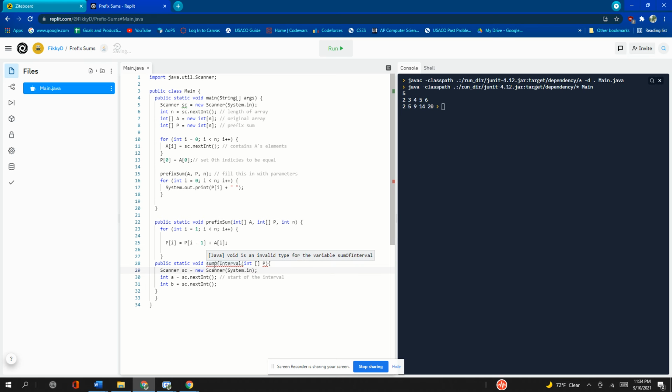Why is void invalid for the variable sum of n? No, okay. So now we know that we want to return this, because we're returning a sum. So return